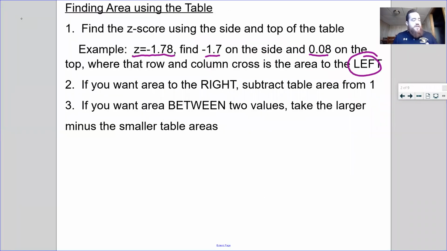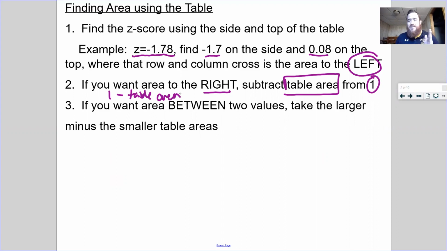So this table tells us all the values to the left. If something asks you how many values are greater than 2 z-scores away, or the area to the right, you subtract the table area, so what the table tells us, from 1. So 1 minus table area. If you want the area between 2 values, which is what we did before in 3-4 day 1,